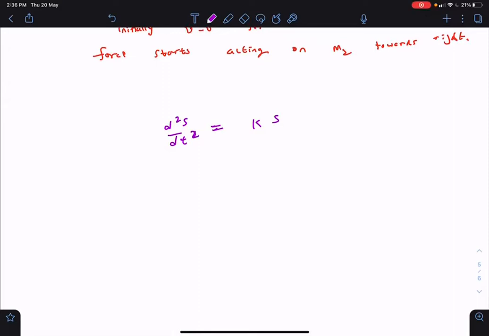K positive or K negative? Like K is some very big constant, sir, in terms of force, B, L, M1, M2, and resistance. So is it positive or is it negative? One second, sir. If it is positive, then there is no SHM. If it is negative, then there is an SHM.